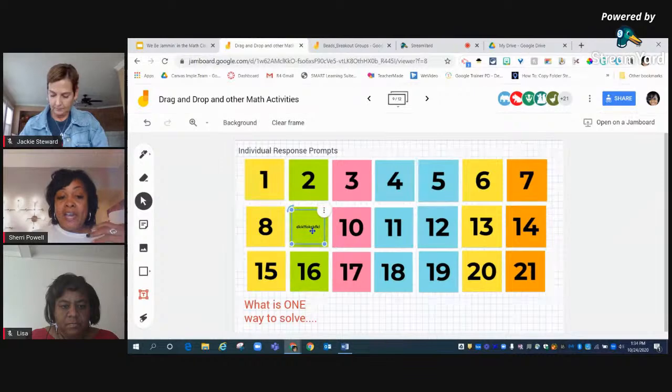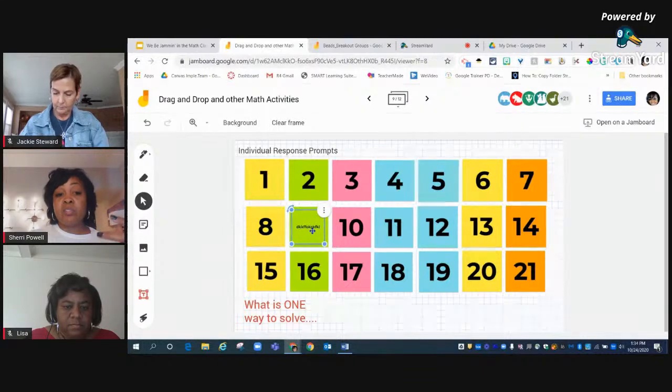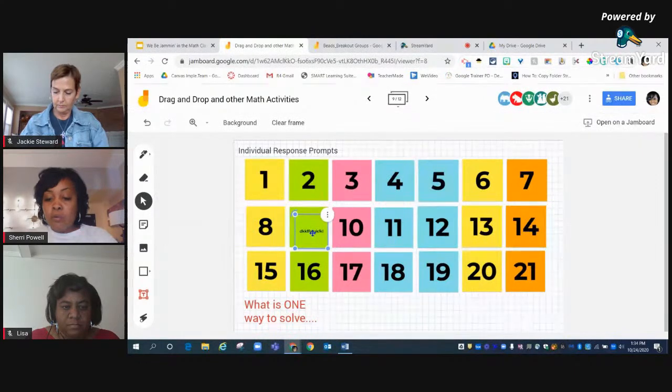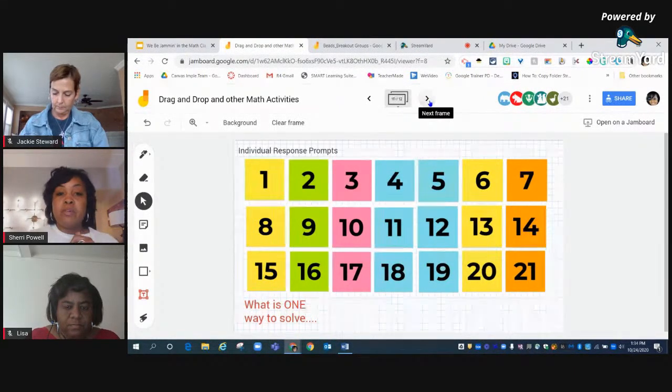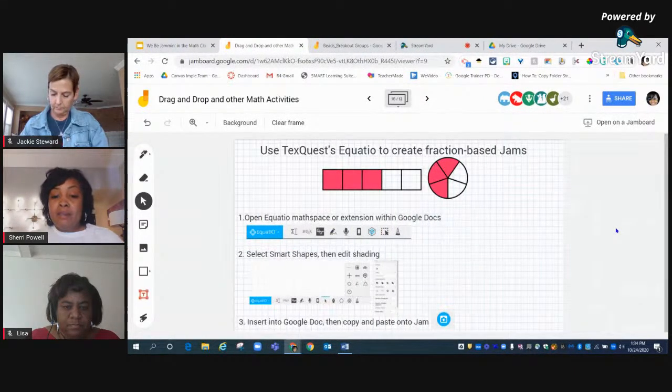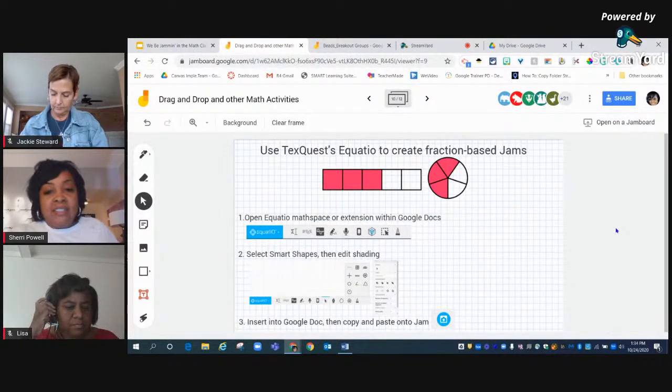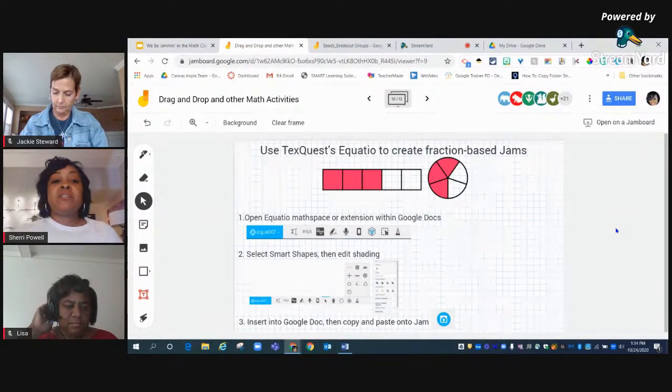That way, no identity is shared, no rights, no wrongs. You're just giving the students that freedom to have their choice in how to solve that particular math problem. So let me delete that because I'm going to be sharing this with you guys in a minute. Now, here's where it gets a little bit more, what I like to say, serious,